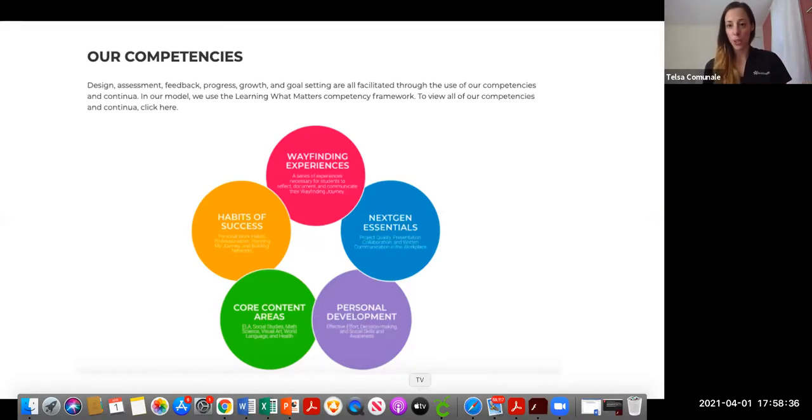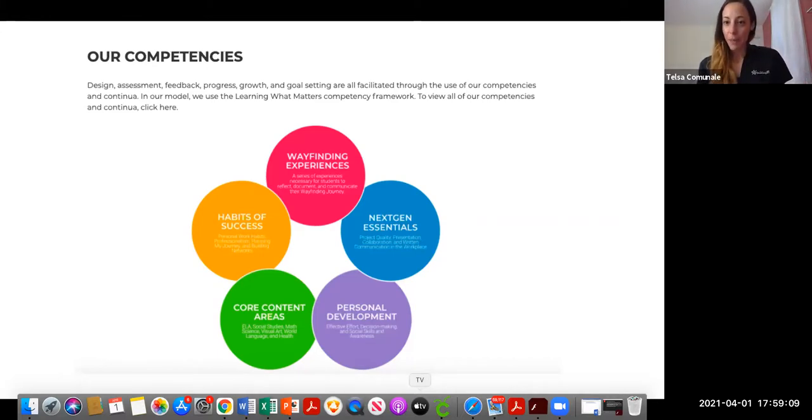Next Gen Essentials. These came out of work that we've done with businesses and the national work that leads what career employability skills are. So we took those skills, we worked with locals, and we determined what the priority would be for our students. So you'll see things in there like presentation, collaboration, and we are actually rating students and giving them feedback on how well they collaborate with others, which is why we have a foundations class.